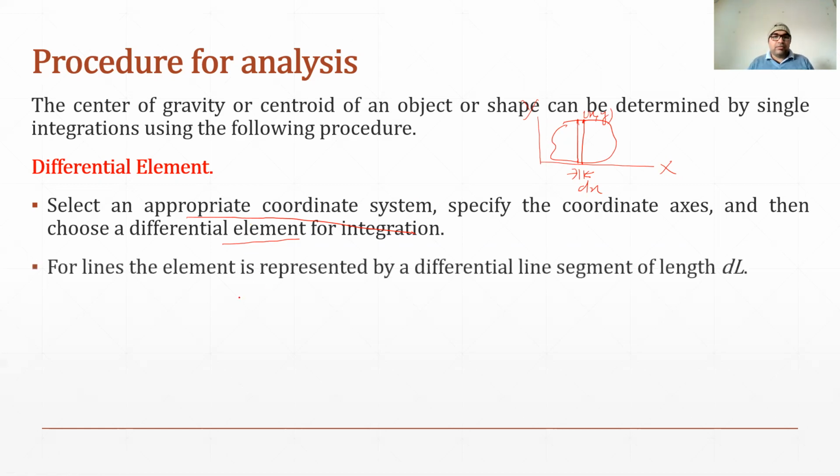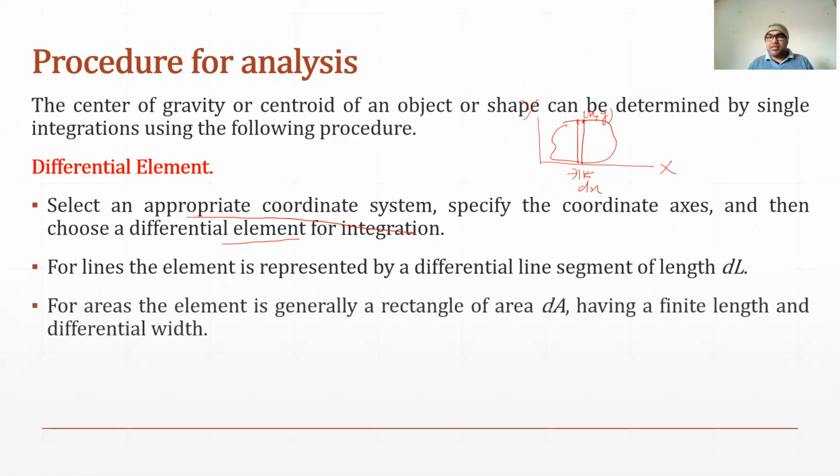Then it says for lines the element is represented by a differential line segment. Because I am talking now about the area, generally we will express that as dA.